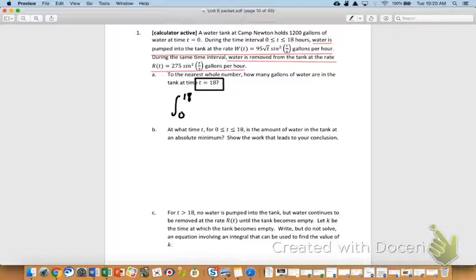But what is going to be the integrand here? W of t minus R of t. Merrick, why on earth would I do that? Because the water's getting pumped in at a rate of W of t, and then also getting pumped out at a rate of R of t. So out means minus, because it's causing the amount to decrease. Yes. He's right on the money. Remember how we subtracted rates before to get the net rate? So this idea that Merrick's using, we need to do W minus R for our net rate, is exactly right.